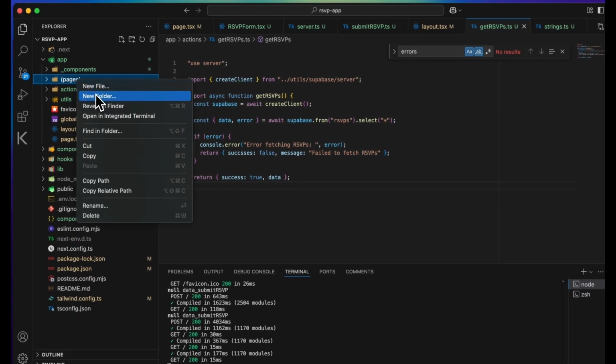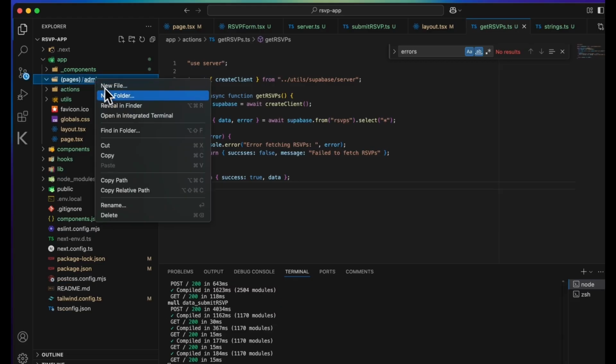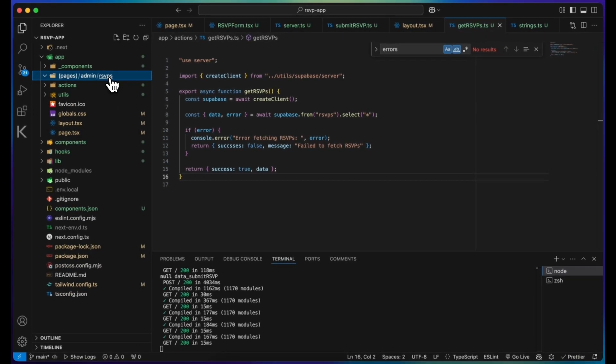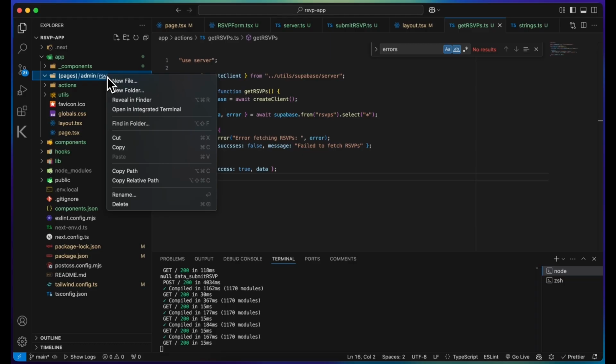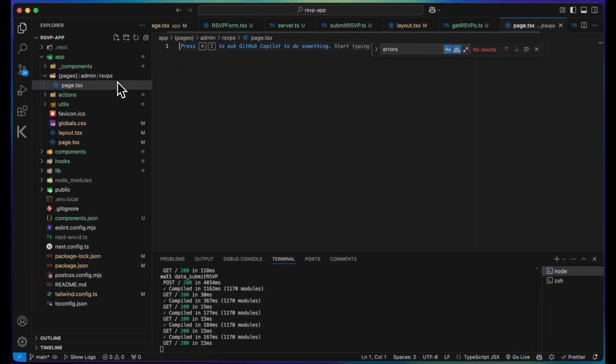So inside, let's create a new folder called admin. And then let's say RSVPs. I mean, you don't have to do that. You can basically create a page under the admin, but for me it's fine. Maybe we can scale this application in another tutorial. So, okay, page.tsx,